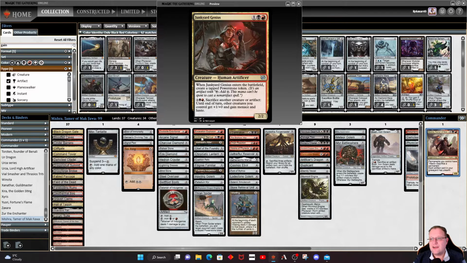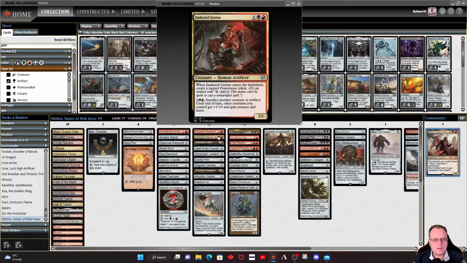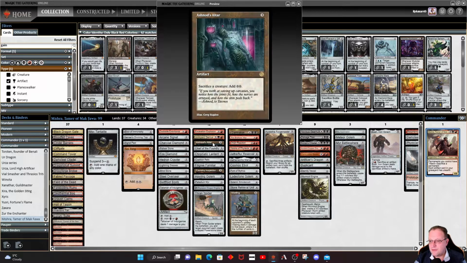But then we can sack artifacts or another creature off to it, Prime Suspect, Signal Pest over here, to give all our other creatures +1 and Menace to the end of the turn, so we can actually pump through with a bit of luck. The other way of making mana,